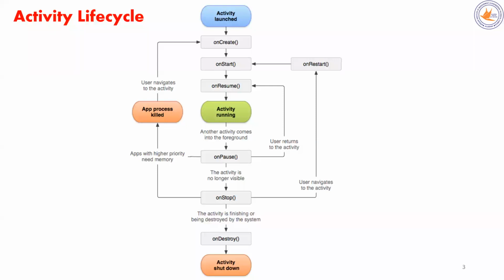Just try to understand what happens to an activity. When your mobile application is running, you might have noticed it undergoes various phases. For example, sometimes you have WhatsApp on, and the moment you click back, you start some other application. You click on the multi-screen option, then you see a list of applications which are currently open.